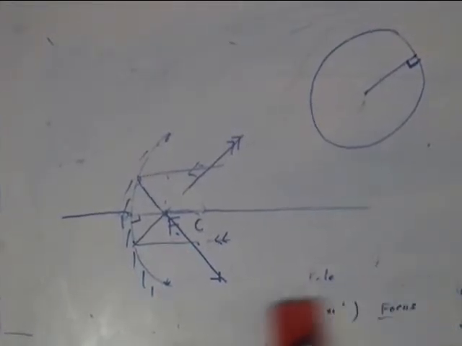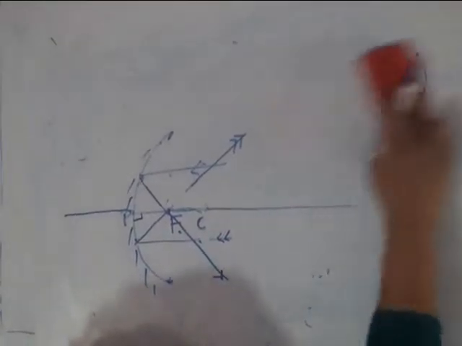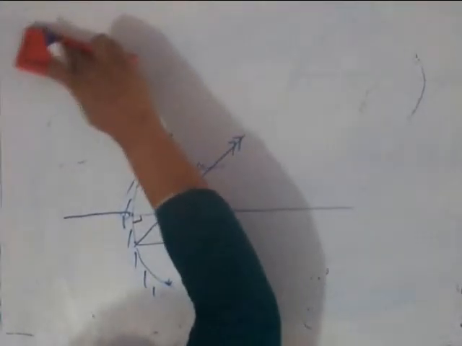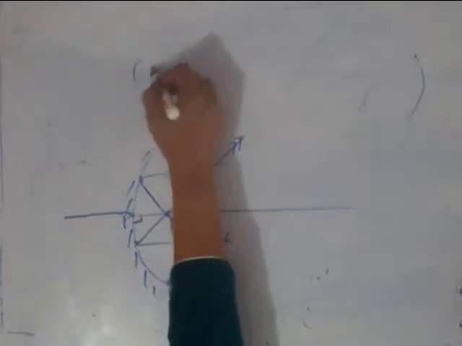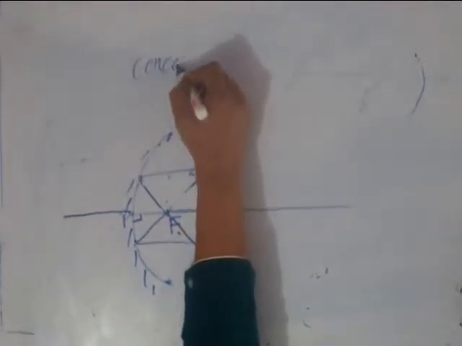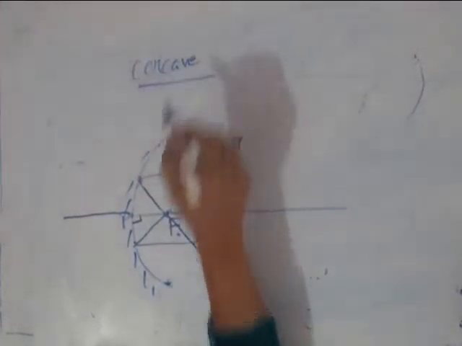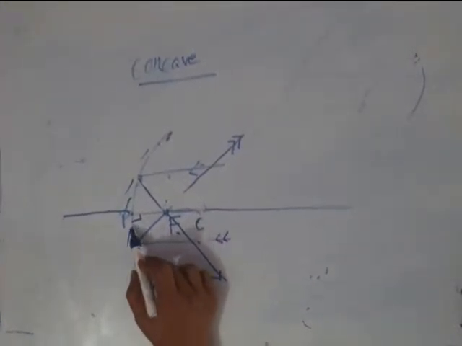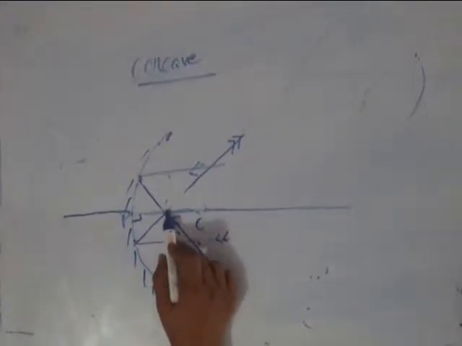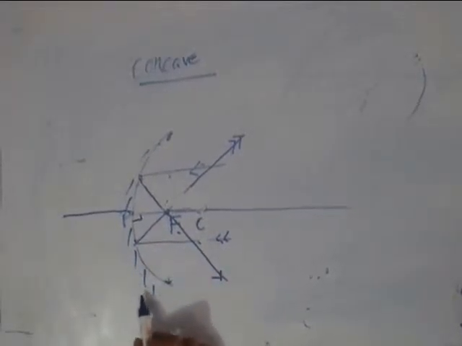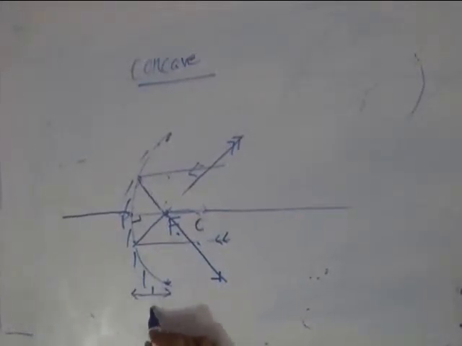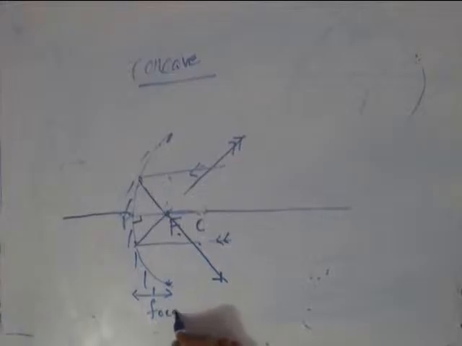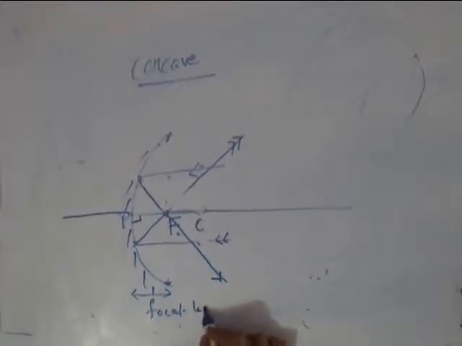Let's find out the center of curvature, let's find the pole, focus, etc., and the image formation for a convex mirror. This was a concave mirror. And the last thing to define is the distance between the pole and the focus. This distance is called the focal length of the mirror. A very, very important